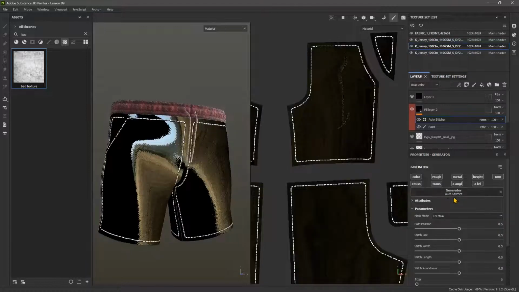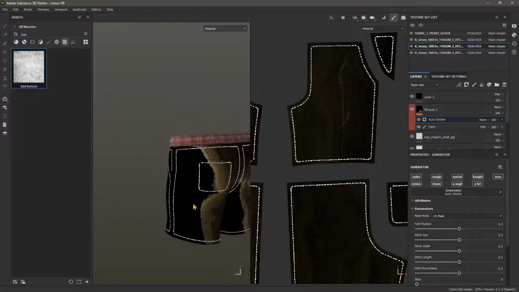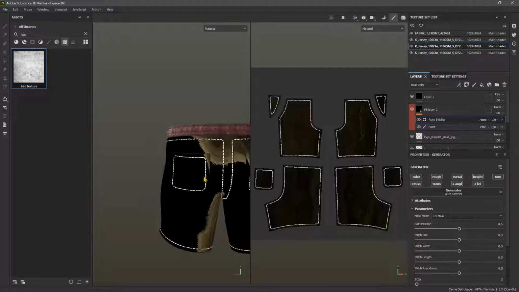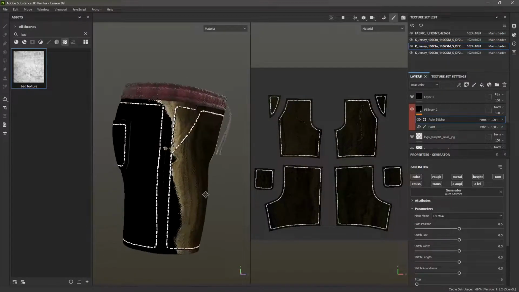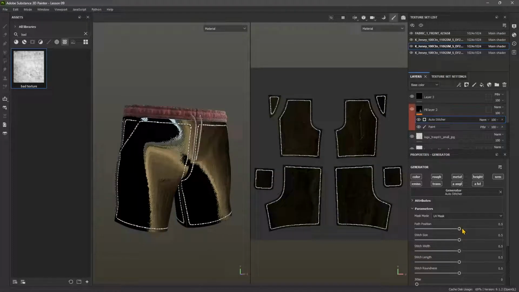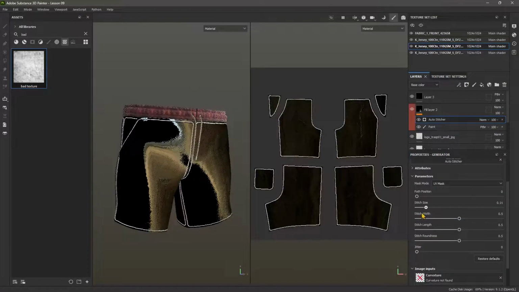Now this one here is called the auto stitcher. So you can see it's creating the stitches automatically around what? It's using again the UV map. So again, this is why UV maps are so important. If you define the UV maps well, they can act also as in real life, as patches, and you can definitely use them. And then you can change here the path position. You can change the size of the stitches, make it smaller, bigger. You can decide to change the width, the length, the roundness